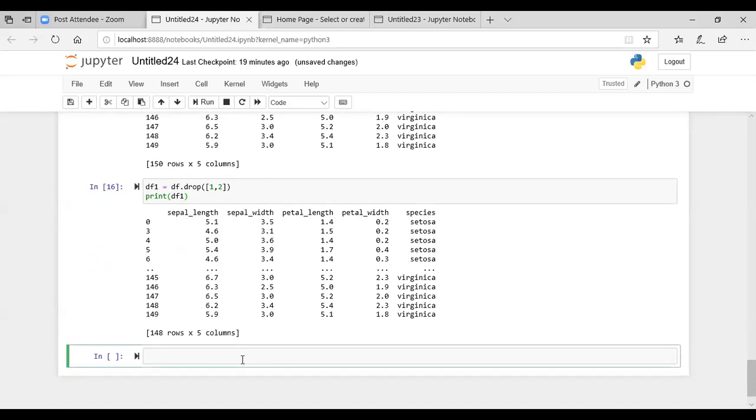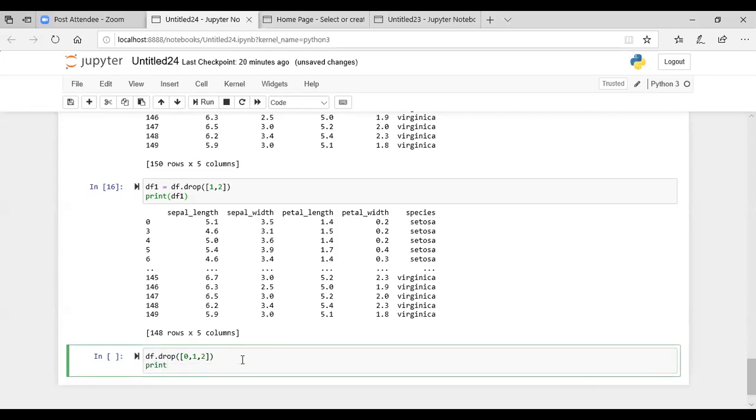So let's say I want to drop these rows directly from the main data frame df. I'll say df.drop, and let's say I want to drop the rows 0, 1, and 2.